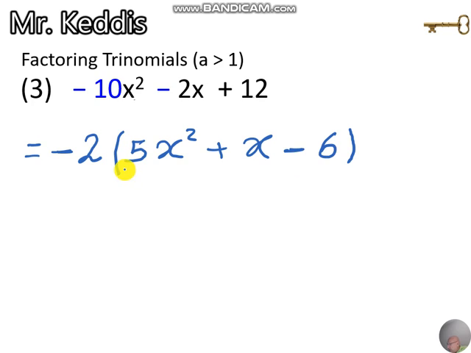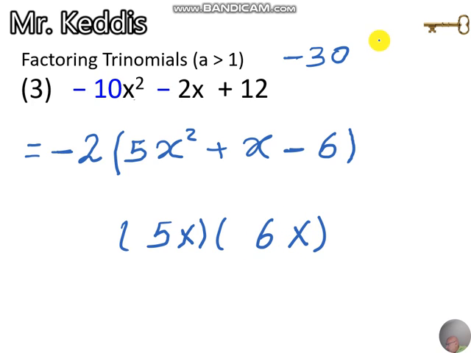When I multiply 5 times negative 6, I get negative 30. I'm looking for two numbers that multiply to 30 and the difference between them is 1. Why do I look for the difference? Because the sign here is negative. I'm looking for the difference, meaning 5 and 6. I'm going to look for 5x times 6x,